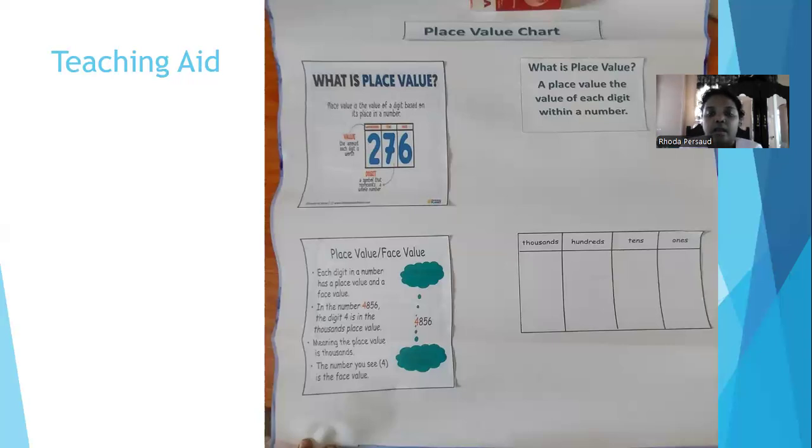Now, as you look at the bottom of the aid, we have place value and face value. Let's find out more about them. Each digit in a number has a place value and a face value. In the number